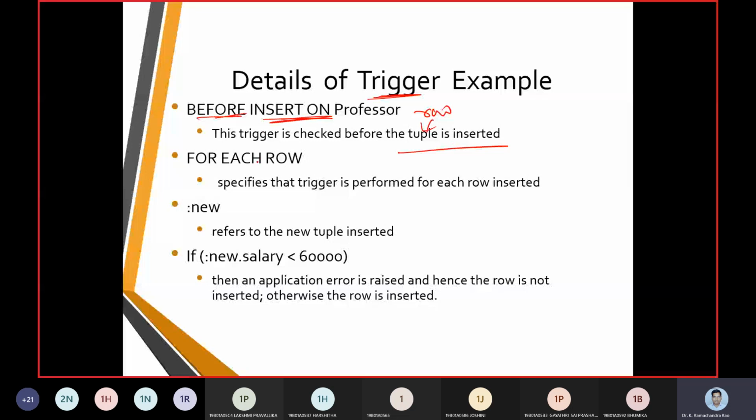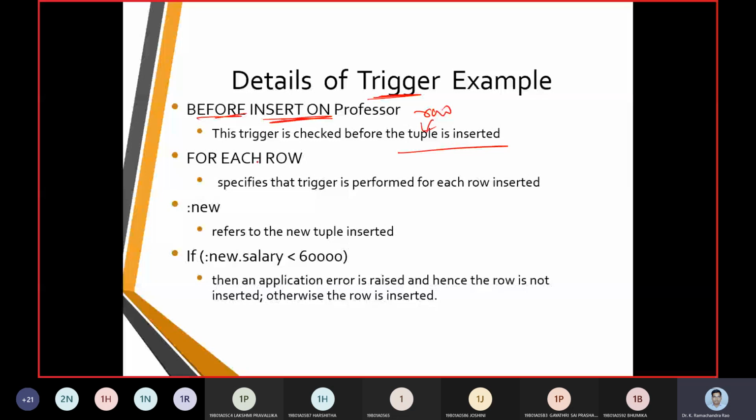We need to compute the salary difference between the old salary and the new salary. So dbms_output is called a package name here, put_line is called a method, and we use them to print out the output. So this was the existing table and the trigger we created.